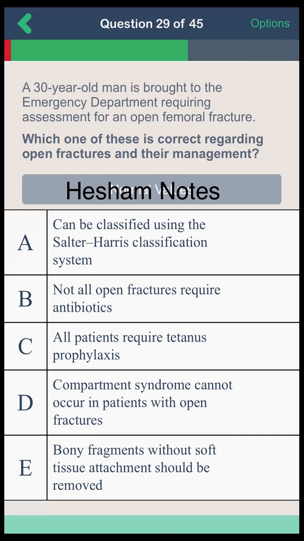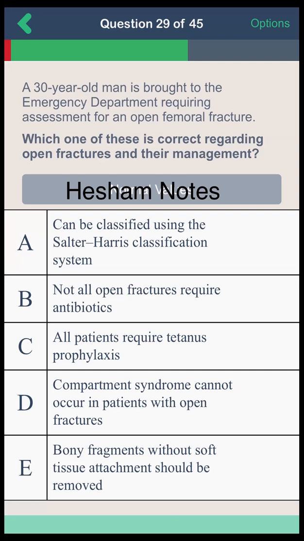A 30-year-old man is brought to the emergency department requiring assessment for an open femoral fracture. Which one of these is correct regarding open fractures and their management? A, can be classified using the Salter-Harris classification system. B, not all open fractures require antibiotics. C, all patients require tetanus prophylaxis. D, compartment syndrome cannot occur in patients with open fracture. And E, bone fragments without soft